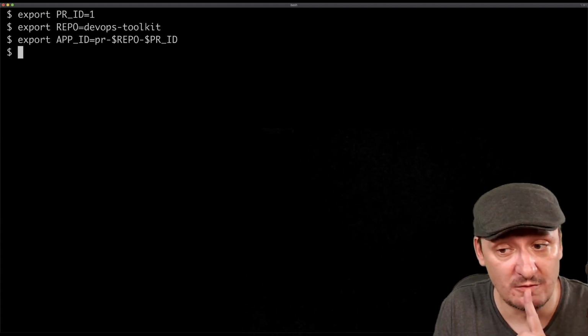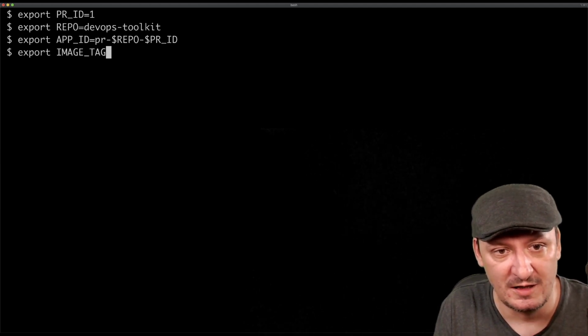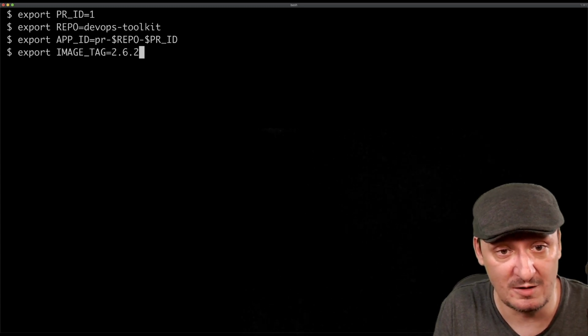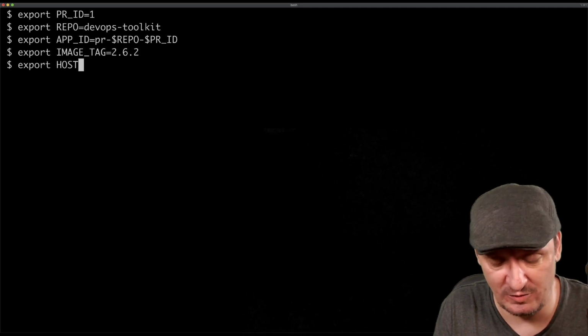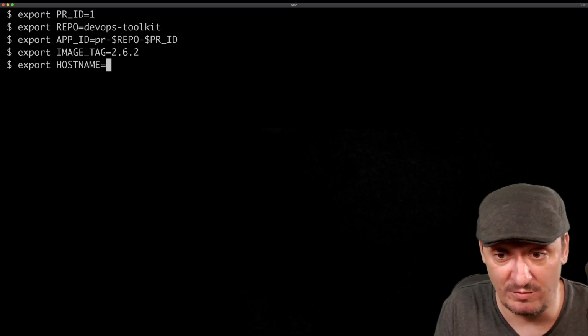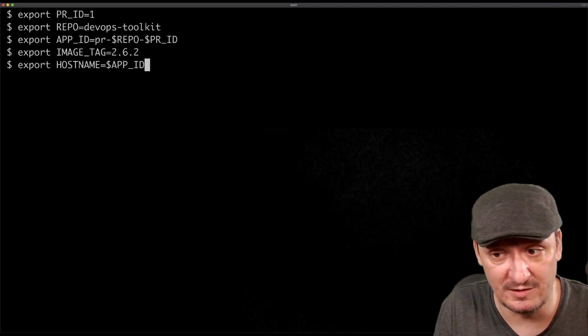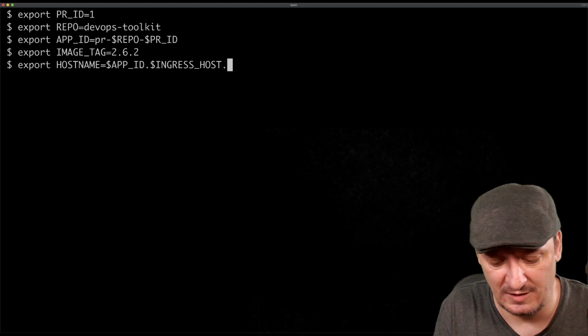Cool. Oh, actually, I need to go back to one thing, but let's continue with this one first. Let's say that we created previously a tag called 1262, and let's say that we want to expose that new application that will soon be deployed through this ingress, which is the ID of the application, ingress, host, and then